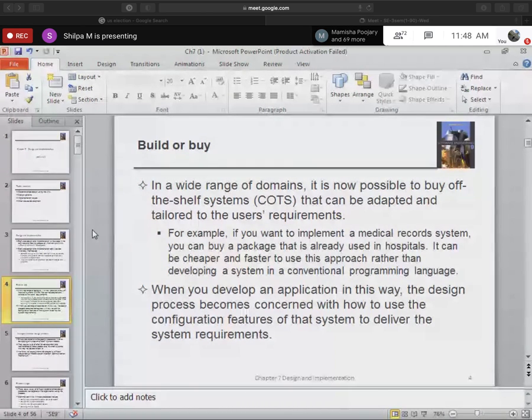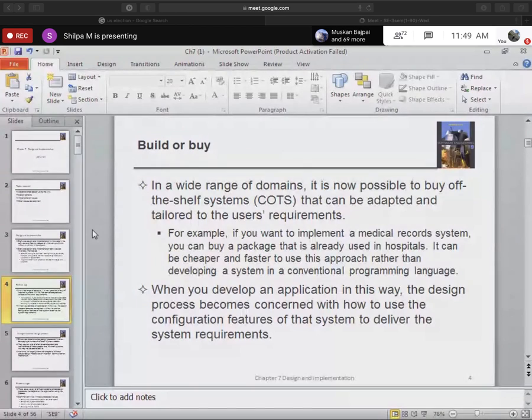What it means is once I have developed a package or software for one company, I can reuse it for other systems or for other customers. For this microwave product, let's say I have developed it for the LG company. Later, some other company comes, Samsung or whatever. Maybe there are few changes.